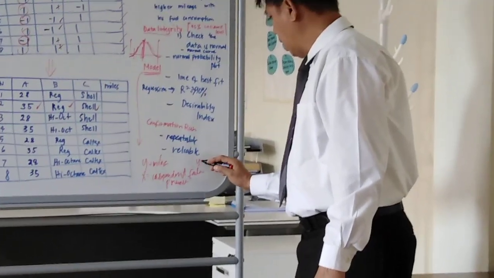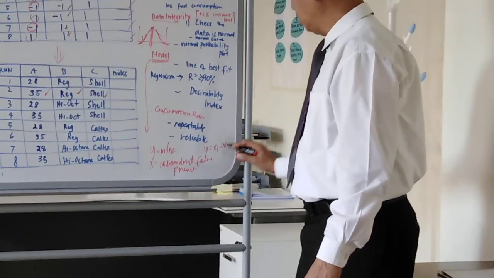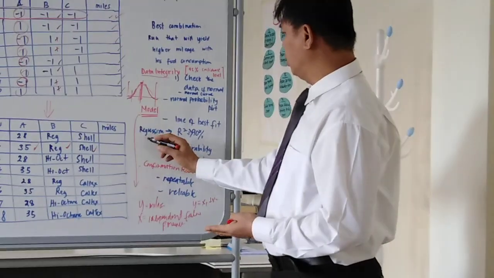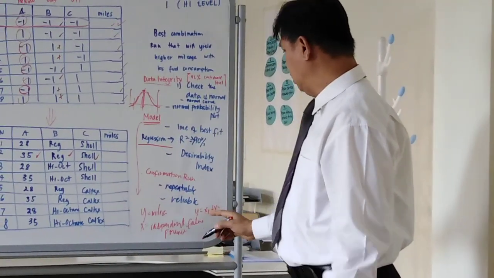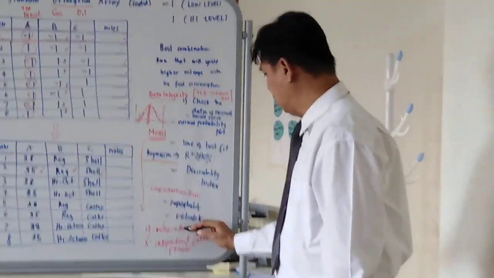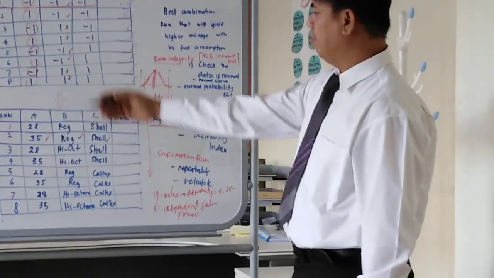So here, y equals x1 plus x2 and so on. So there's some modeling to be used, using the regression model. Here the mileage is the so-called dependent variable, meaning it depends on the factors or parameters